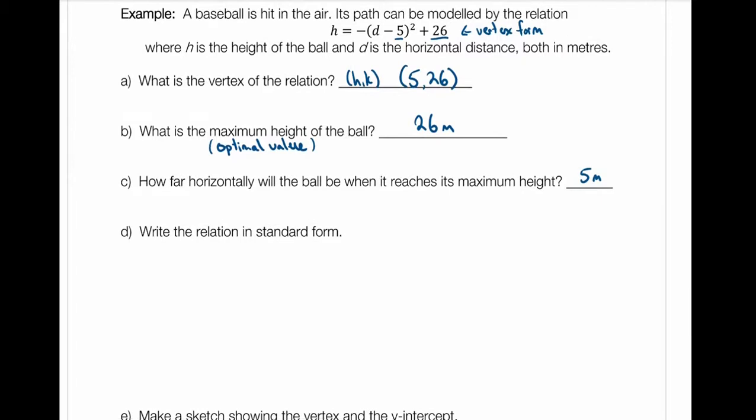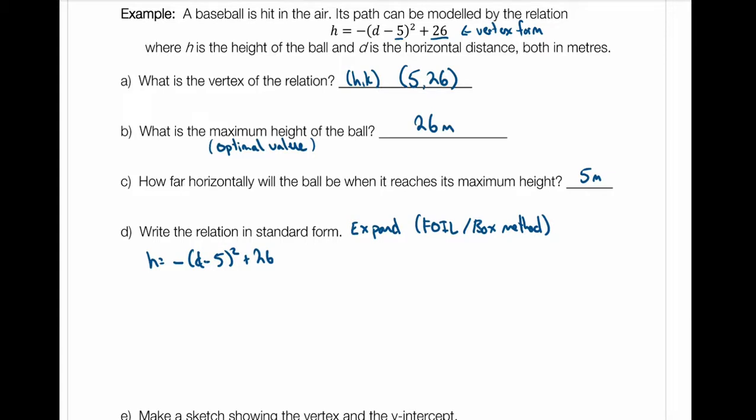D wants me to write the relation in standard form. So in order to go from vertex form to standard form, I need to expand. So this is where we use the FOIL or the box method. Again, whichever one you prefer. I'm going to use the box method just because I feel some people like that one a little bit more. So if I have h equals negative d minus 5 squared plus 26,